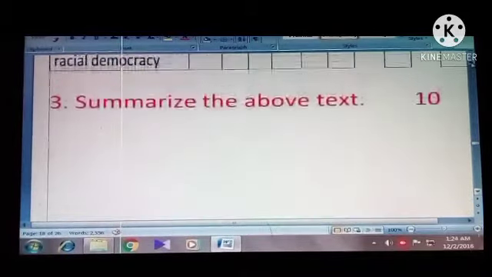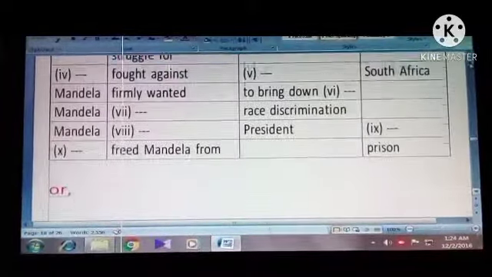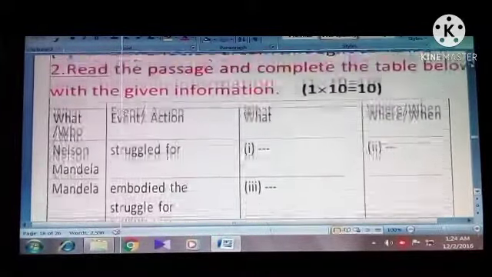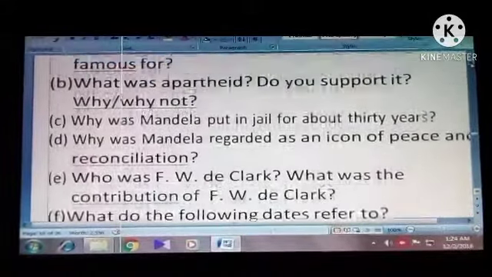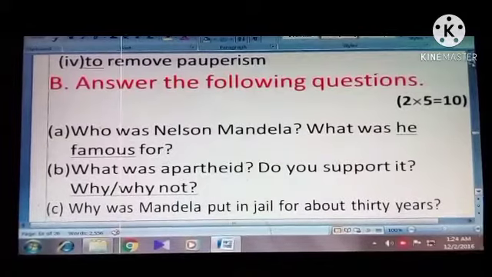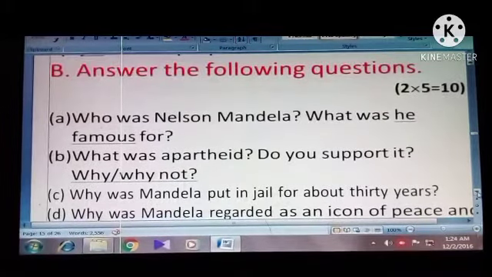Now we will discuss 1b, question 1b. You will get some broad questions there, and each question is stipulated marks 2. You will get 5 questions here, but I have written more questions for your practice.